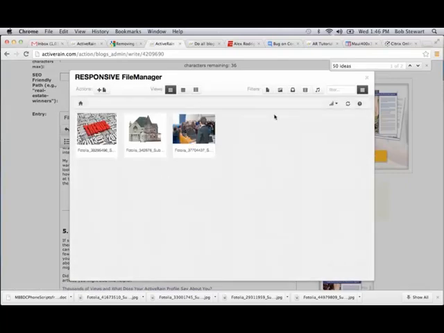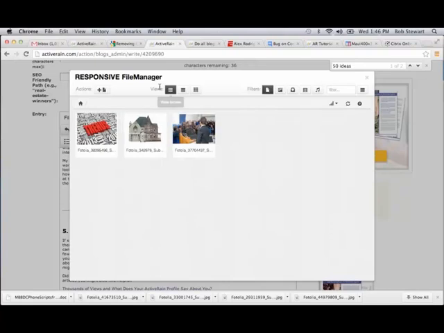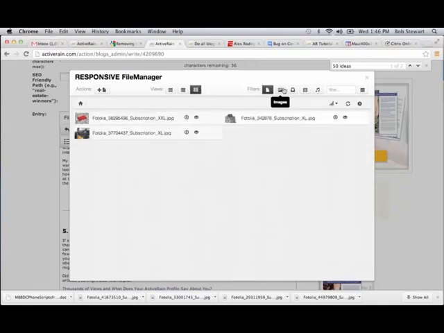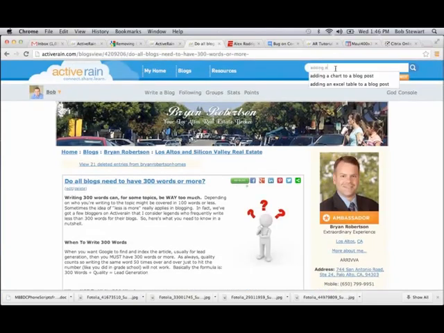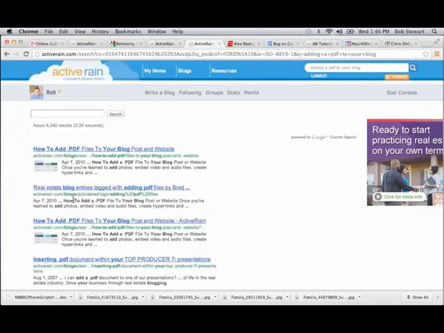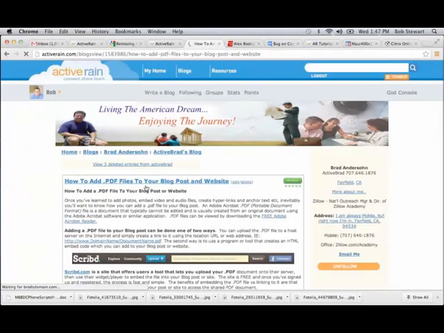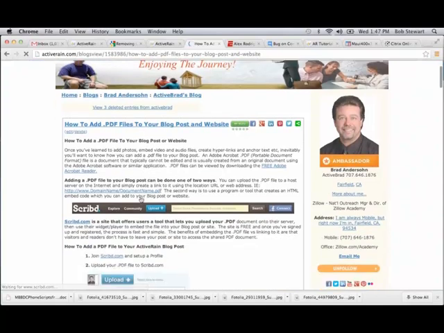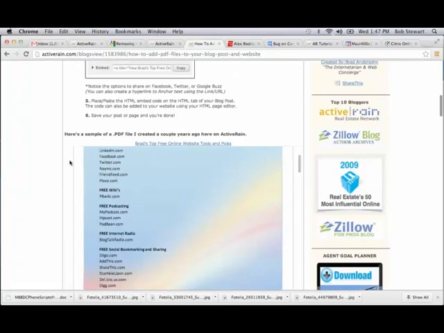There are some. I think Brad Anderson has. Is this the one from Brad? Yeah. So there's a service called Scribd, and Scribd will allow you to upload your PDF onto Scribd.com, and then it gives you some embed code where you can place the PDF into the blog post itself. So in that case, let's say I want to embed Brad's, so it gives me the embed code, right? Now this is code that Brad would have gotten on Scribd, right? But if I wanted to do that,